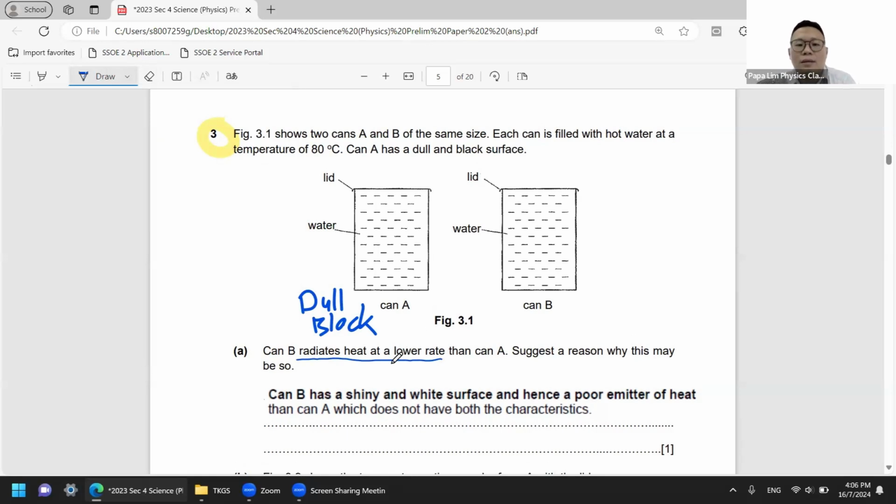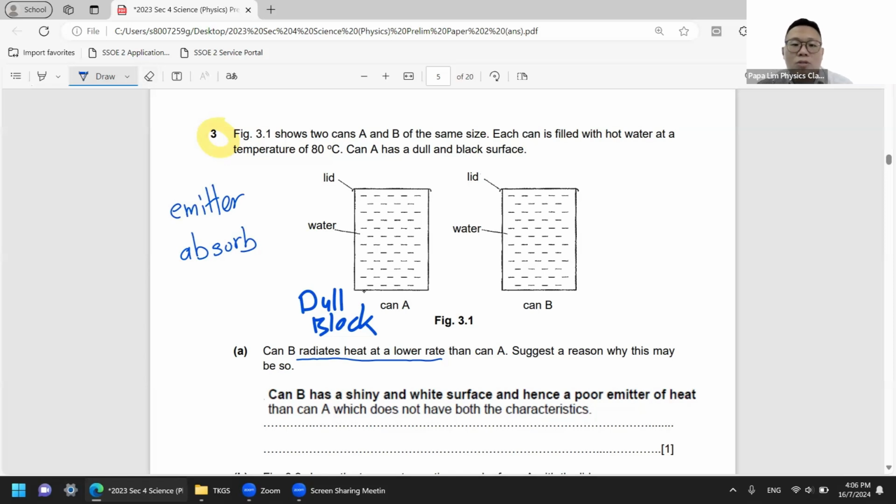Because we always like to say that Can A is black. Okay, black is a good absorber or good emitter. So remember, first thing first, when you look at absorber and emitter, look at the context. The questions will either need an emitter or an absorber. You must decide which is which. Do not write both. You don't just blindly write good emitter and absorber. If you write like that, most likely the marker will mark you wrong